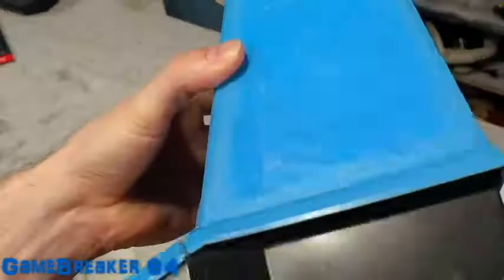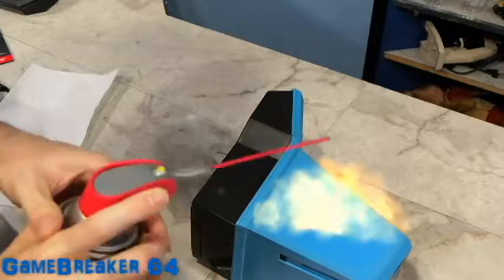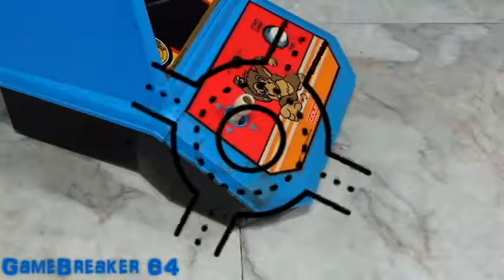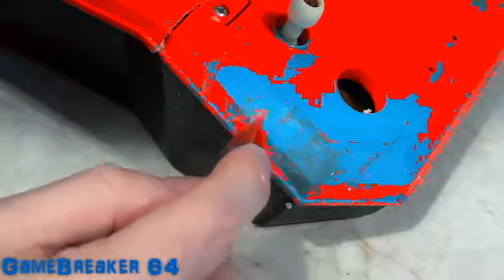These labels are sticky. I'll need to clean off all this old adhesive residue first. WD-40 is my go-to product for that. And here's the result. Whatever. I'm going to try some alcohol. Roundabout. I'll try some. I'm going to use a knife to mechanically remove this stuff. After scraping away many layers of plastic,